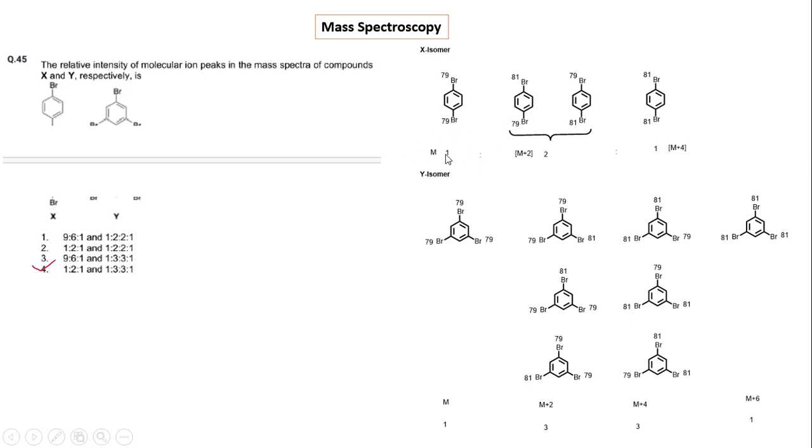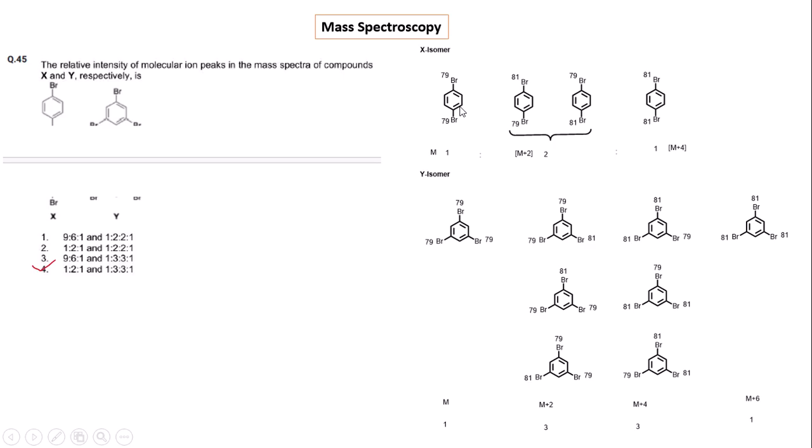This becomes M, and one is 79, another is 81, another is 81, another is 79, and in this permutation combination we get the peak intensity equal to 1:2:1, and this is mainly calculated by the (A plus B) whole to the power n theory, where n equals 2 in case of